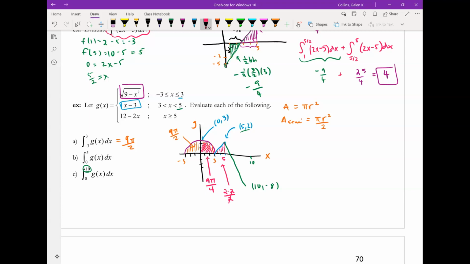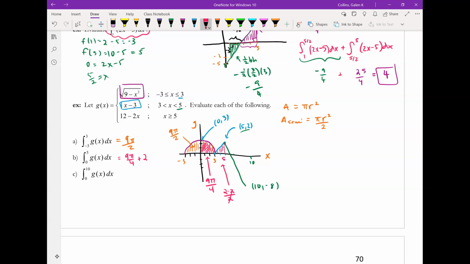So when I combine these areas from x equals 0 to x equals 5, I'm adding the area of a quarter circle and a triangle. So I could just leave that 9 pi over 4 plus 2, or you could call that 9 pi plus 8 over 4. However, if you wanted to get common denominators, I'm not too worried about it. Okay, lastly, in part C,